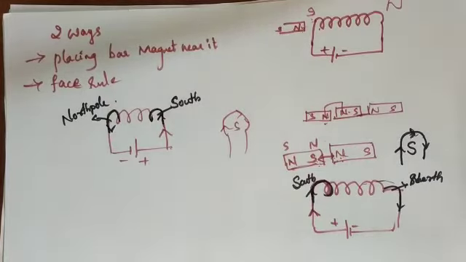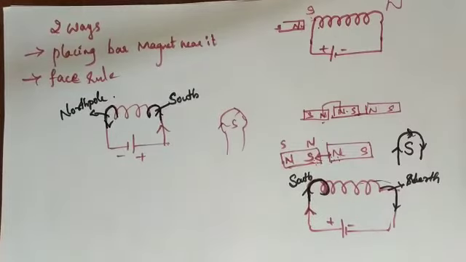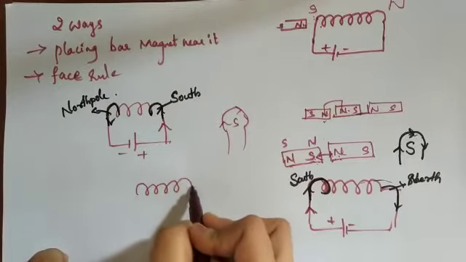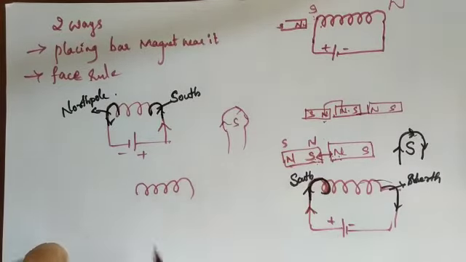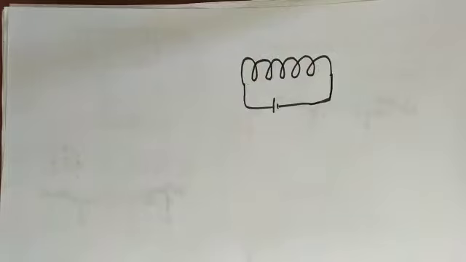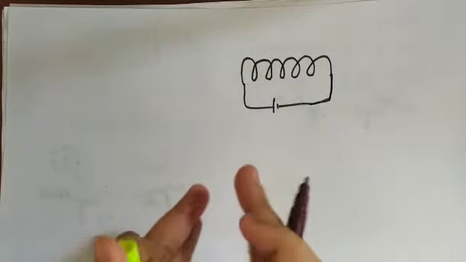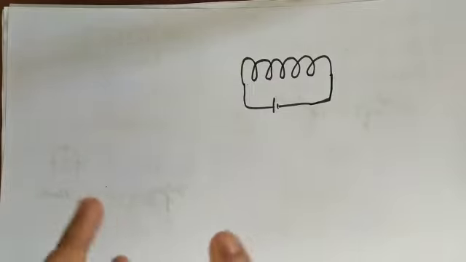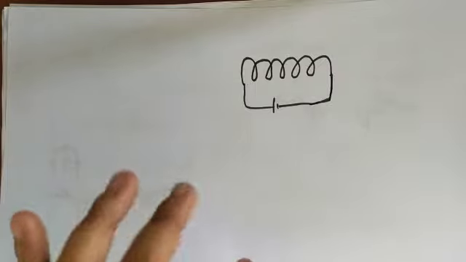Okay, so now let us go about how the magnetic lines will be. First I'll draw one solenoid here, a big one. So now I have drawn a big solenoid. Now I want to know in which direction the magnetic lines will be. Previously we were doing the thumb rule, isn't it? We use Maxwell's right hand thumb rule so that we will be able to know in which direction the magnetic lines will be.